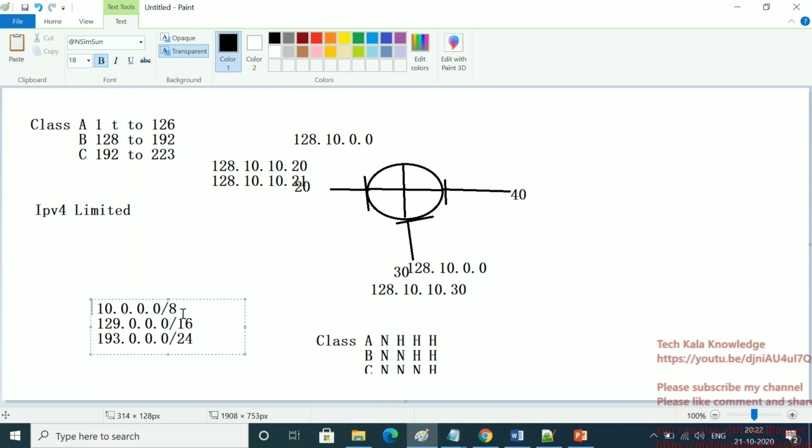Then you have to understand that the network ID range is for this class, but after the slash the value is different, not 8, which means a subnet is created on this network. You understand what I'm trying to say? So the CIDR comes by default if no subnet is created. If the value is something different, then you can say that in this network some subnet is created.